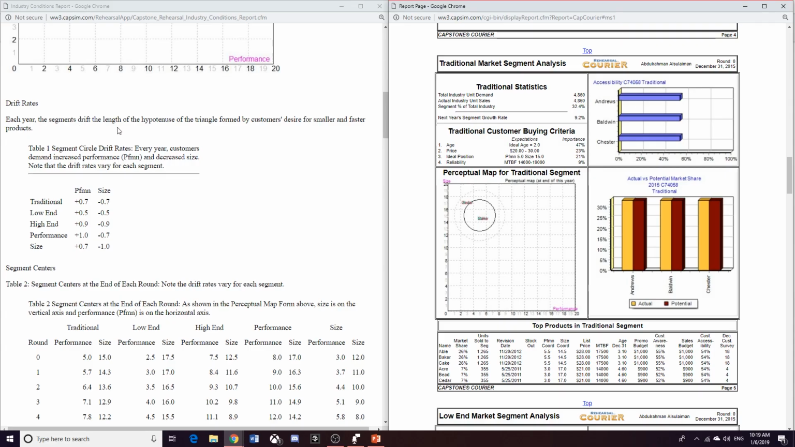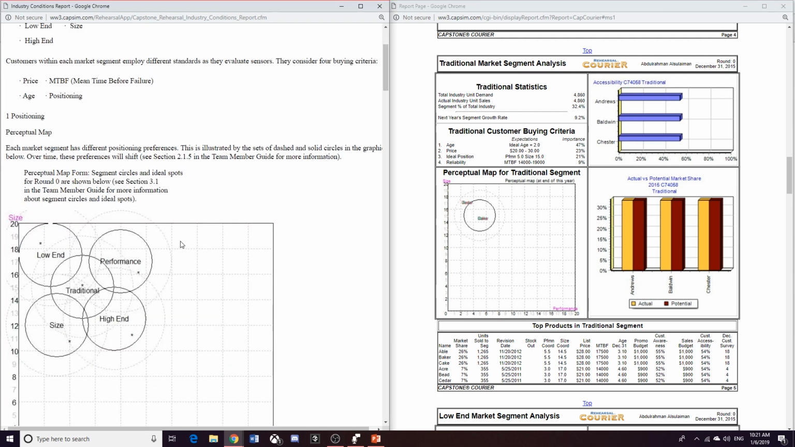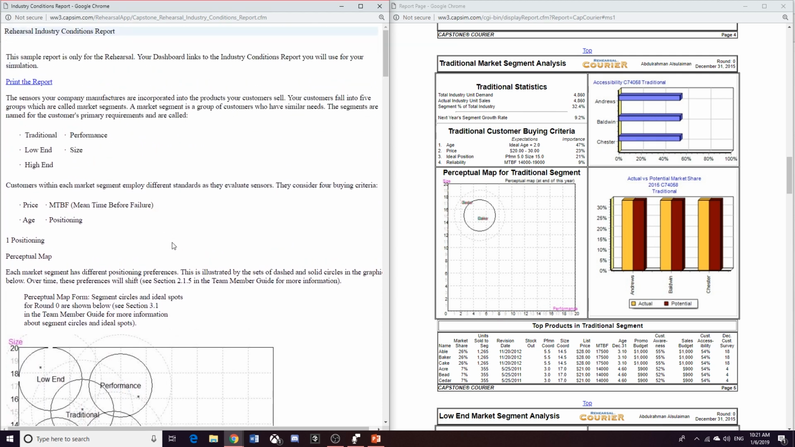What is drift? Each year, the segments drift the length of the hypotenuse of the triangle formed by customers' desire for smaller and faster products. Okay, that is kind of annoying to read, and I don't know why people write things like that. Like, they can just say it easily. Okay, so when we go to, okay,